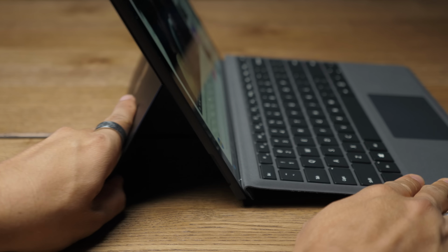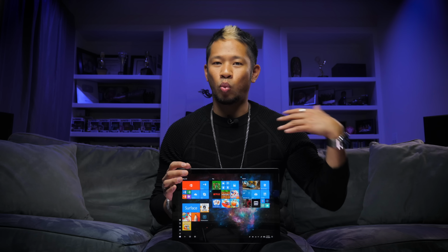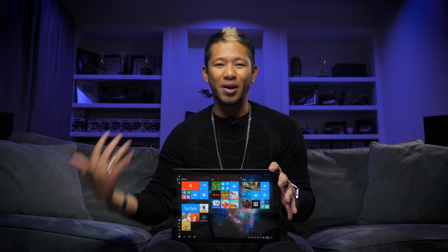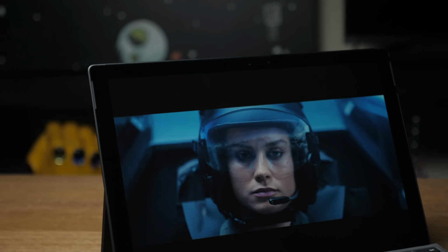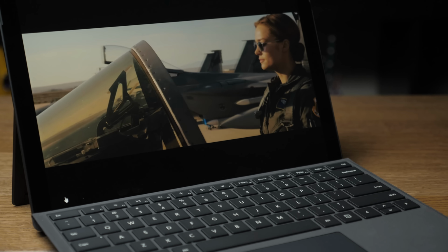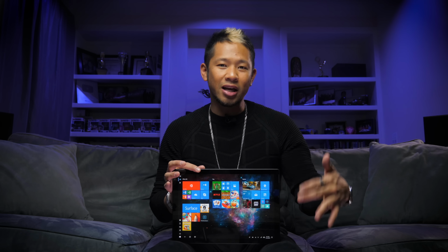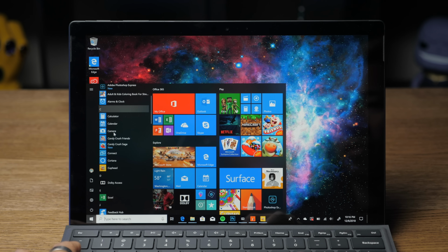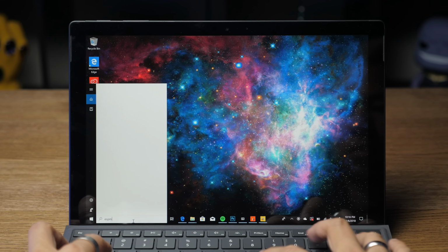Now the Surface Pro 6 comes in all different kinds of configurations, but if you're looking for this to be a primary computer or your workhorse, it can be that. Go for the i7. But if this is going to be more for basic use and media consumption as the priority for you, the i5 is going to be just fine. Now the Surface Pro 6 starts at $899 retail for just the tablet. Microsoft sent me this i5 with 8 gigs of RAM and 256 gigs of storage, and the 8th-gen Intel chips are more efficient, and the i5 version I had lasted easily over 8 hours with normal use. It wasn't a problem,